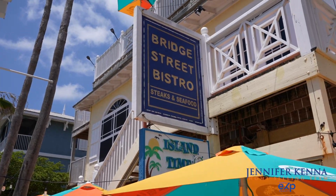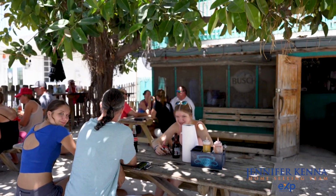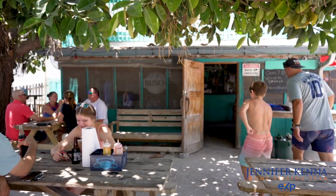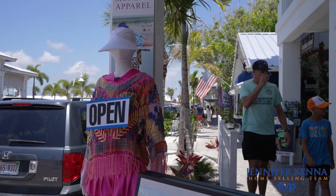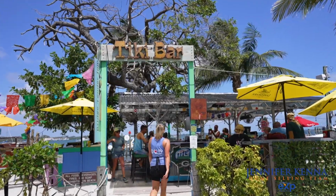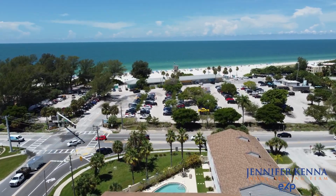So you're going to find local places like Skinny's, which is one of our favorite burger and beer places. Then there's a couple other little locations there, small shops, very quaint. There is a great CVS and Publix for groceries. So over here, you're going to see lots more beachfront as well with the white sand beach. There's also lots of parking in this area, and they're building even more parking to make sure that it's accessible